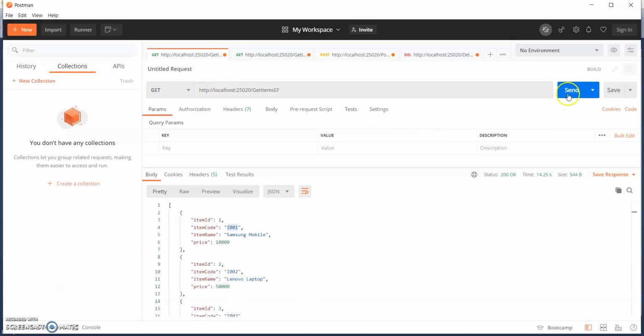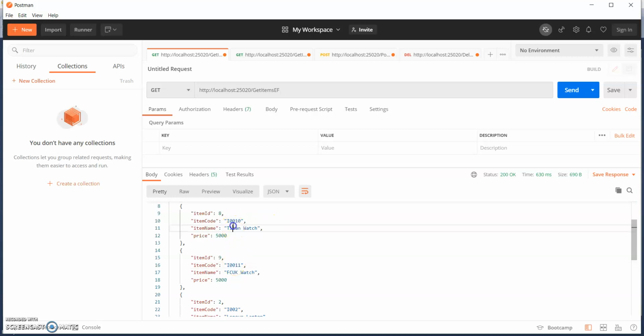Right, here also you can see the same newly added item. In this way we can perform the insert operation also.